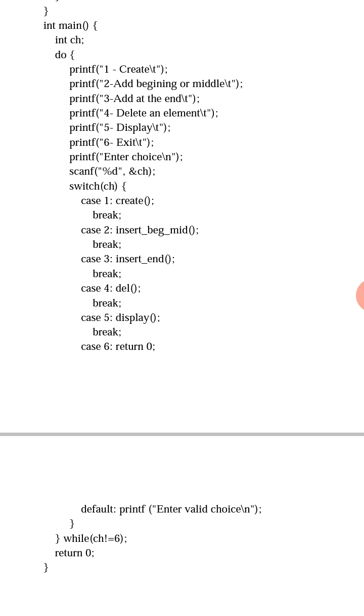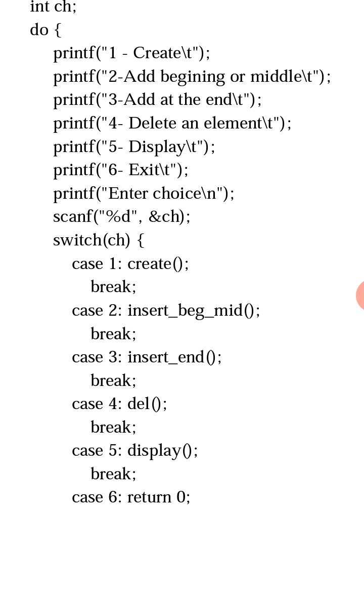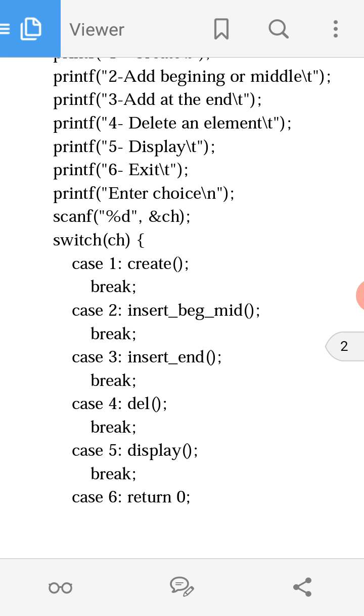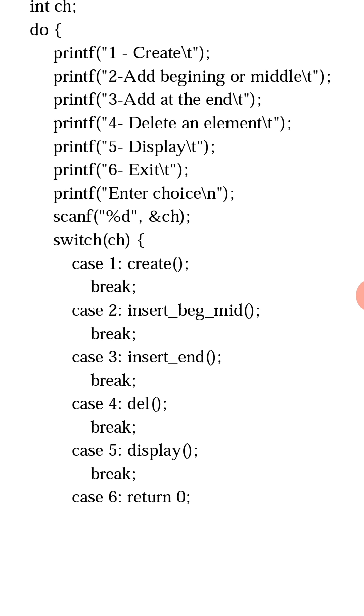For that, first I need to ask the user to enter his choice. Once he enters his choice, I will be storing that in variable ch. With the help of the switch statement, based on user input, I can make my logic execute only the respective